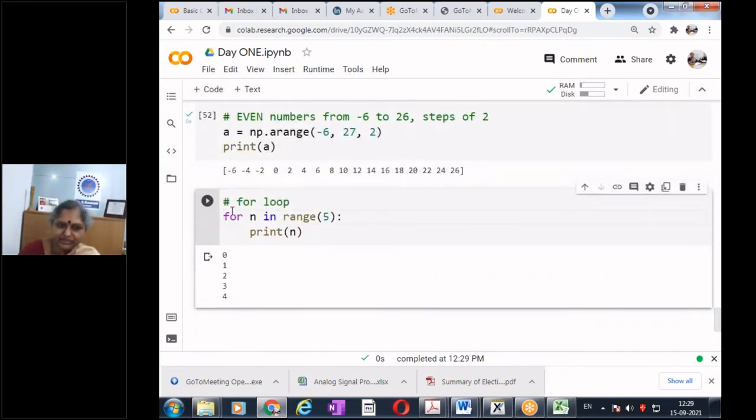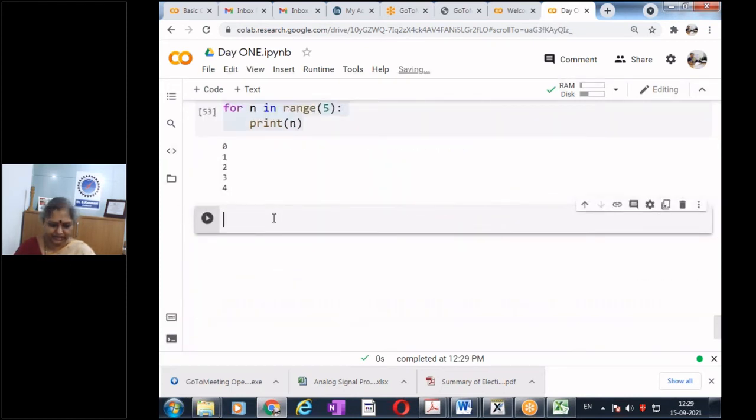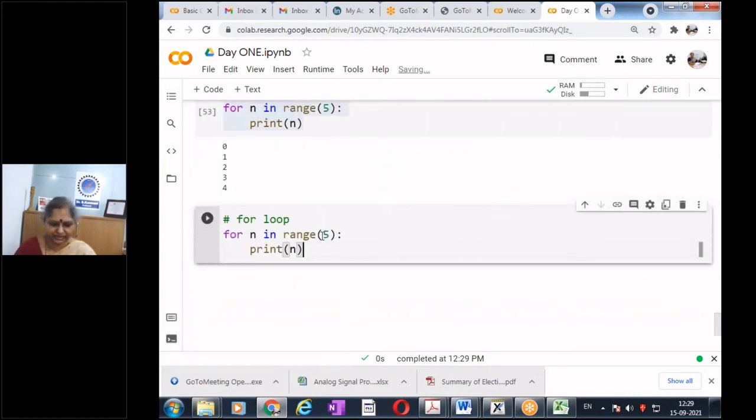Now let's change it and run it, say -5 comma 5 and say in steps of 2. Now tell me what you get. For n in range -5 to 5 in steps of 2.